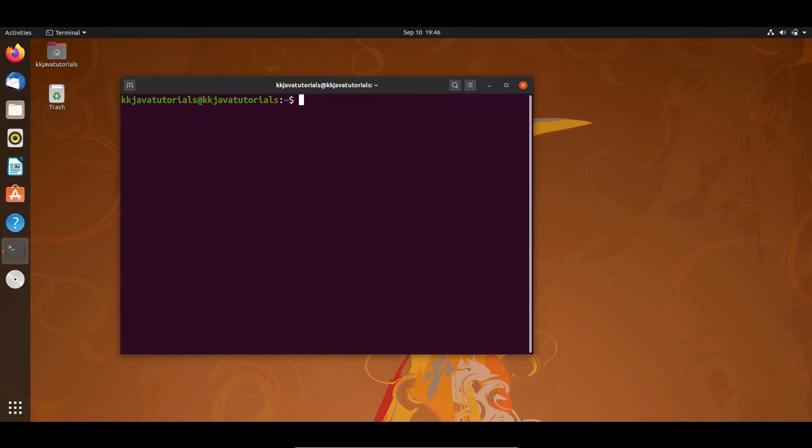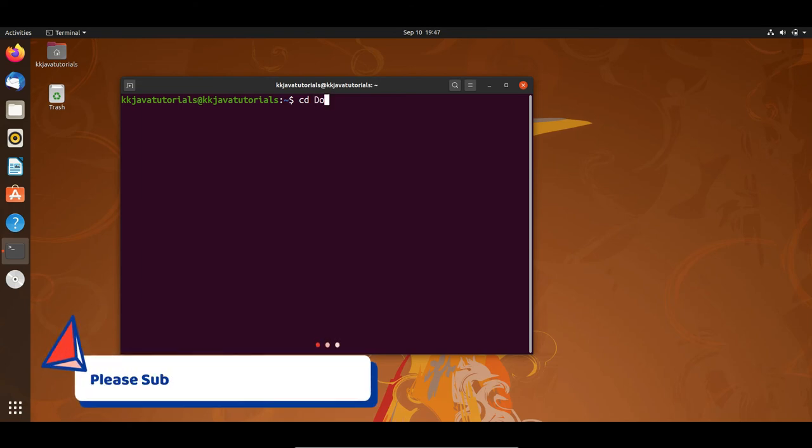Now, as I was saying, suppose you are currently in the home directory and you want to navigate to the downloads directory. In that case, you do not need to type the absolute path. You can suffice by typing the relative path. Instead, you can simply type cd then downloads. Just type a few characters of your directory name and press tab.